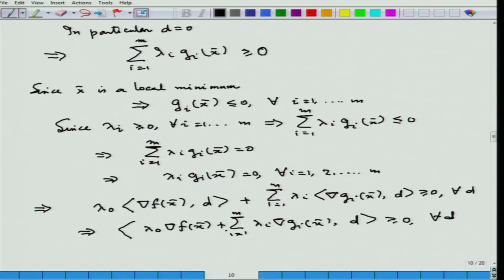So, if I put minus w in place of d, it will show me that the norm of w squared would be less than or equal to 0, and hence w would be 0. So, if this happens for all d, it essentially says that a linear function cannot be non-negative for every value of the variable; it has to be both negative and positive in that sense. So, this would imply immediately that lambda naught